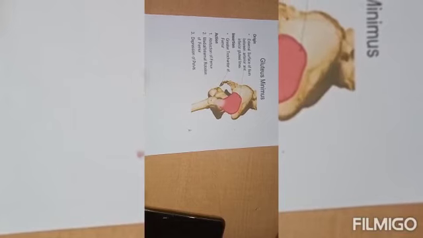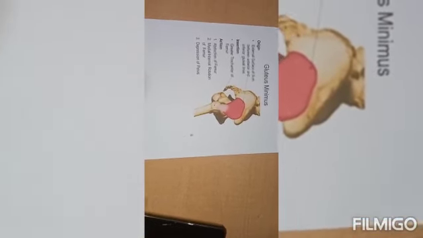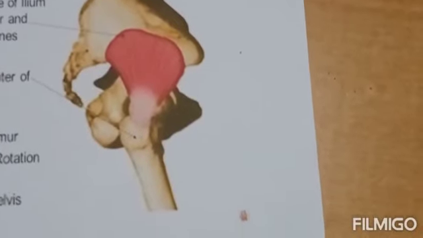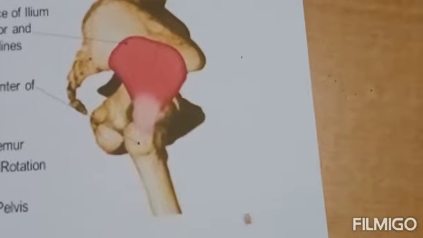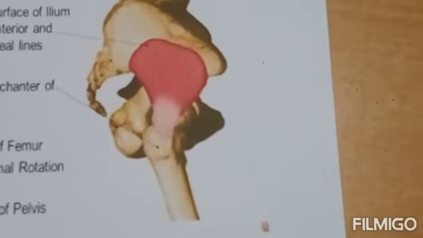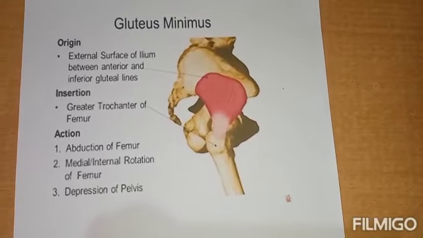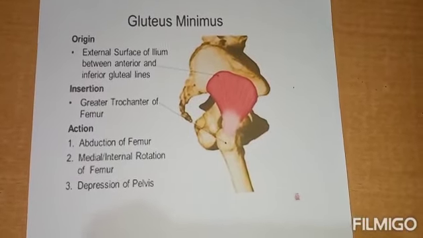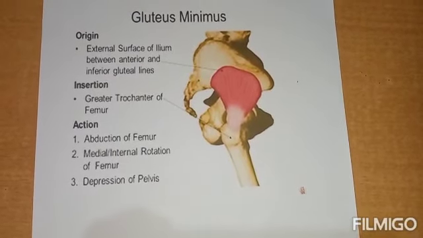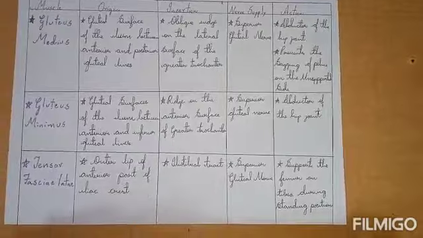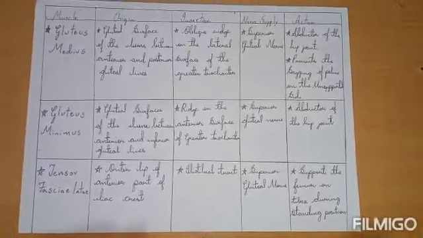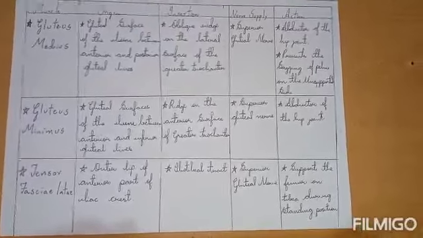The next muscle is gluteus minimus. This gluteus minimus muscle originates from the gluteal surface of the ilium between anterior and inferior gluteal lines. This minimus muscle inserts into the greater trochanter of the femur into a ridge on the anterior surface. This muscle is innervated by superior gluteal nerve, and coming to the actions, it is the abductor of hip joint and also helps in internal rotation of femur.